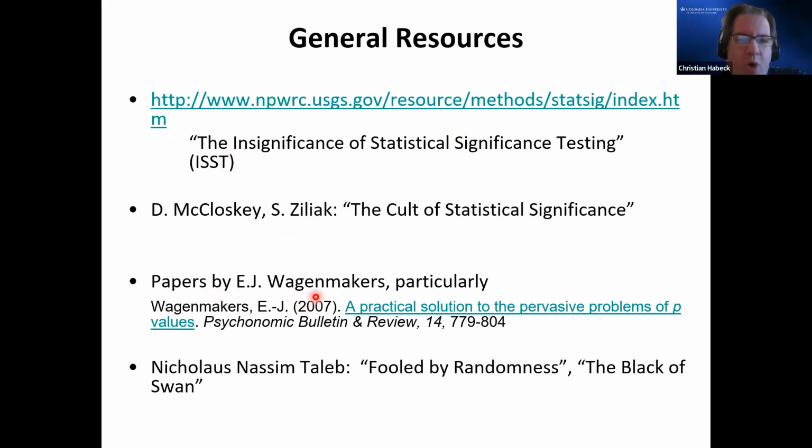Then papers by E.J. Wagenmakers are always good. This one I thought was a very nice one that made some of this point. And then Nassim Nicholas Taleb, whose books, one of them is interesting to read. Maybe some of you have read some of them. They make the same point over and over, just in interesting ways. He pokes fun at Wall Street traders who are semi-quantitatively literate. He becomes very repetitive, but Fooled by Randomness, at least when I read it first quite a few years ago, I found an enjoyable account.